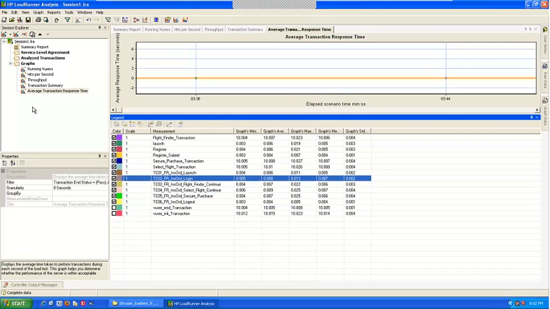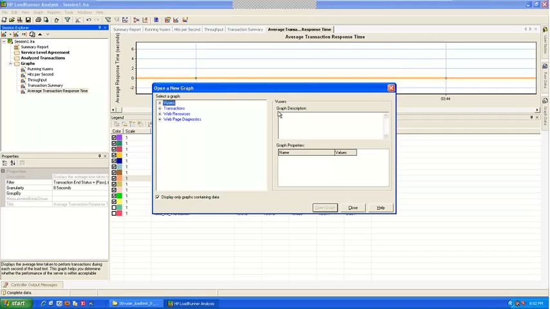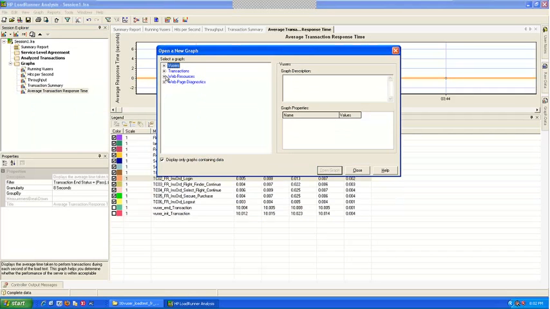Now you want more graphs. Right click in the empty area inside your session explorer. Right click and go to add graph. When you do this, you get this. Now we added Windows resources. Windows resources by default does not come, so I will enable it here. I want